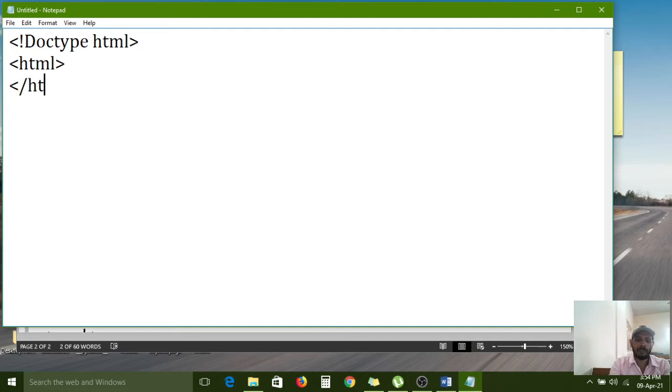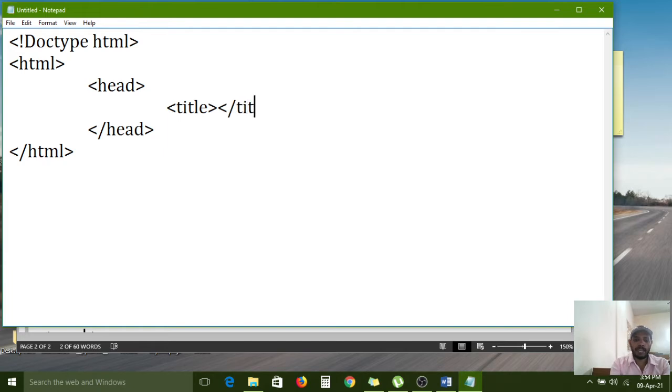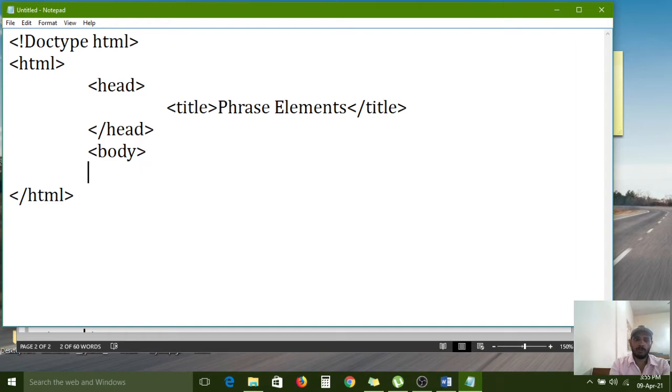Next, the root element, HTML opening and closing tags. Next, the head tag, and between the opening and closing head tags we configure the title tag. With the title tag, the web page name is applied and we can see it at the output page: Phrase Elements. Next, I am using the body tag, opening and closing.